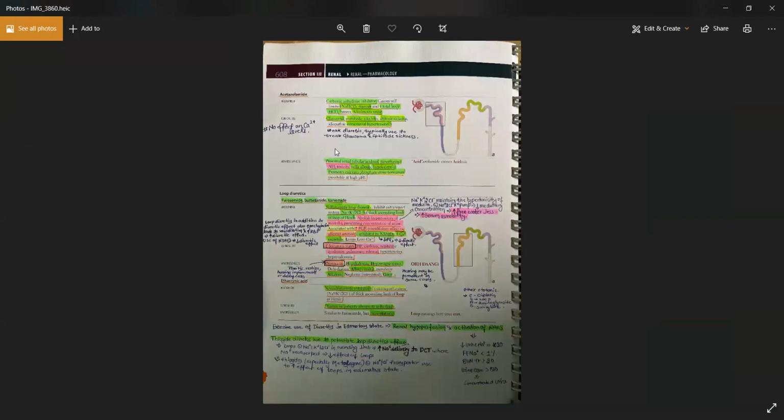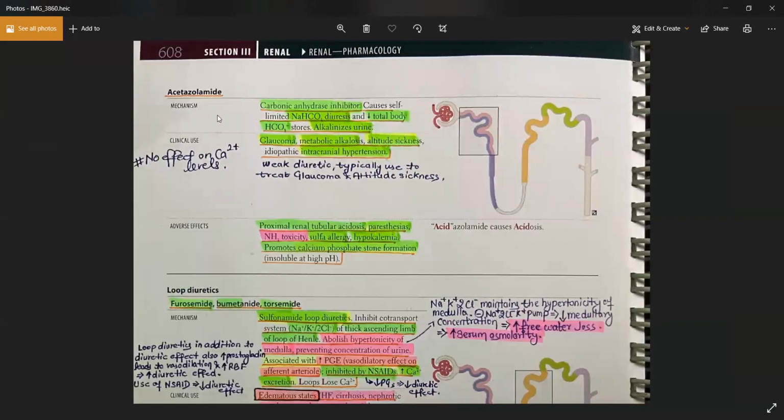Secondly, you are having acetazolamide that acts on the PCT, inhibiting the carbonic anhydrase, and as a result, it cannot cause the absorption of CO2 and bicarbonate. Ultimately, you'll be losing all the bicarbonate as well as sodium along with that. Potassium also gets lost because in the collecting duct and the DCT, these cells will try to reabsorb the sodium in exchange for potassium, right? So sodium will be lost, potassium will be lost, bicarbonate will be lost. What you will have is a low level of bicarbonate that will alkalize the urine. Metabolic acidosis will happen.